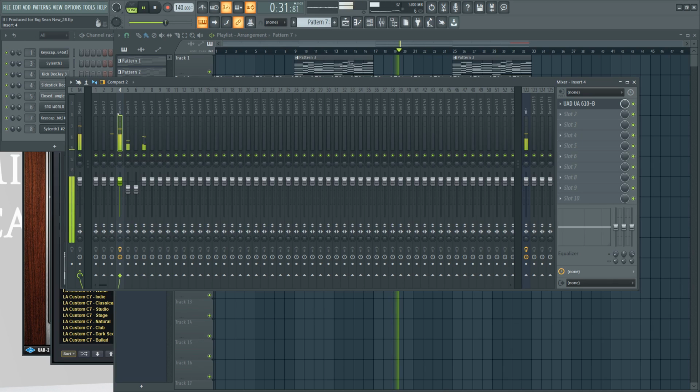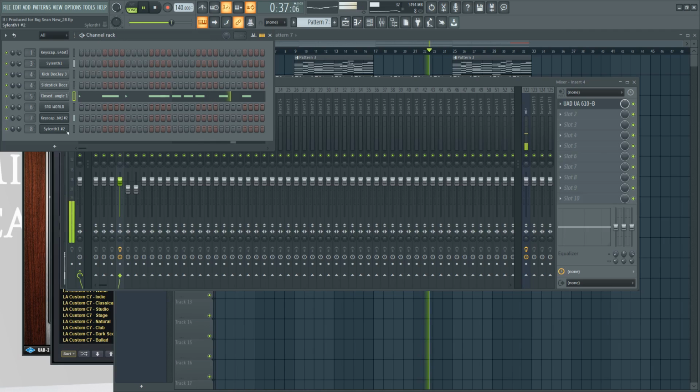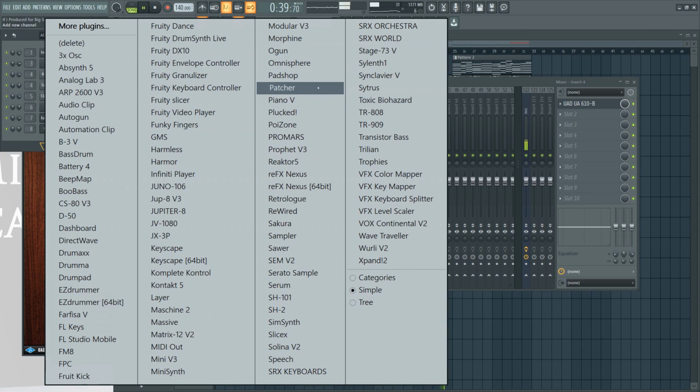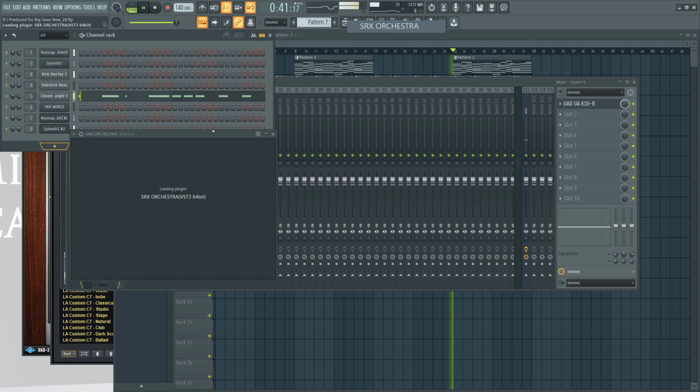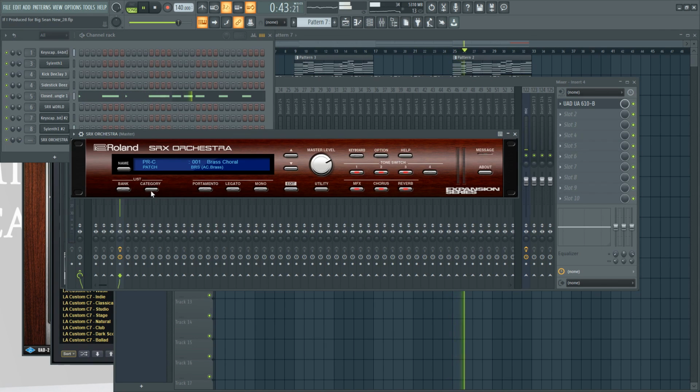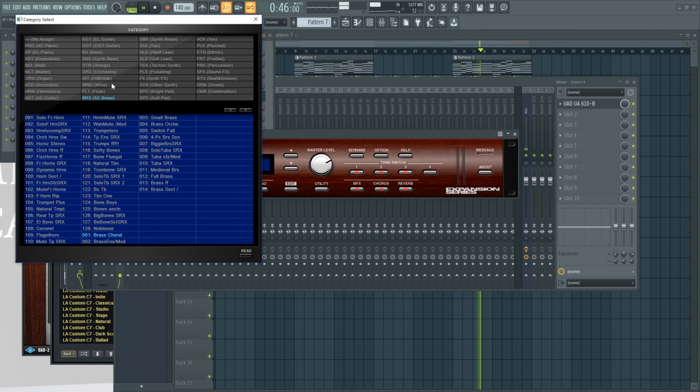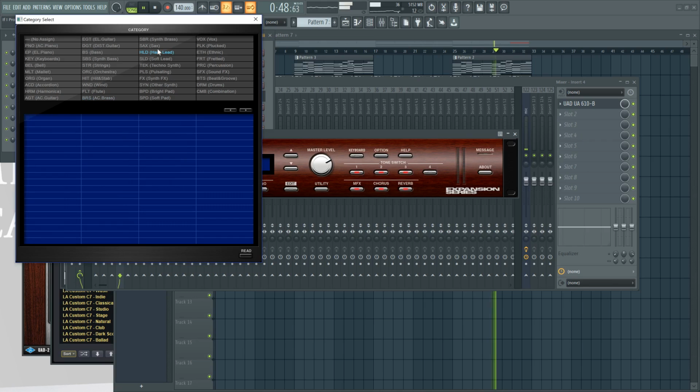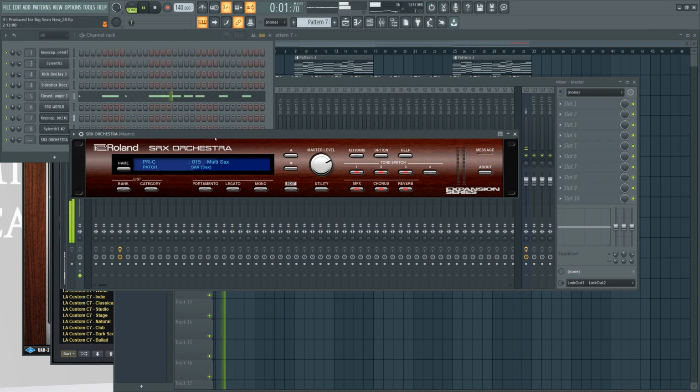At this point, we just need reverb to fill in the dead space. Or like a saxophone. Let's see if we can find something. Something like this, but I'm manually delaying it.